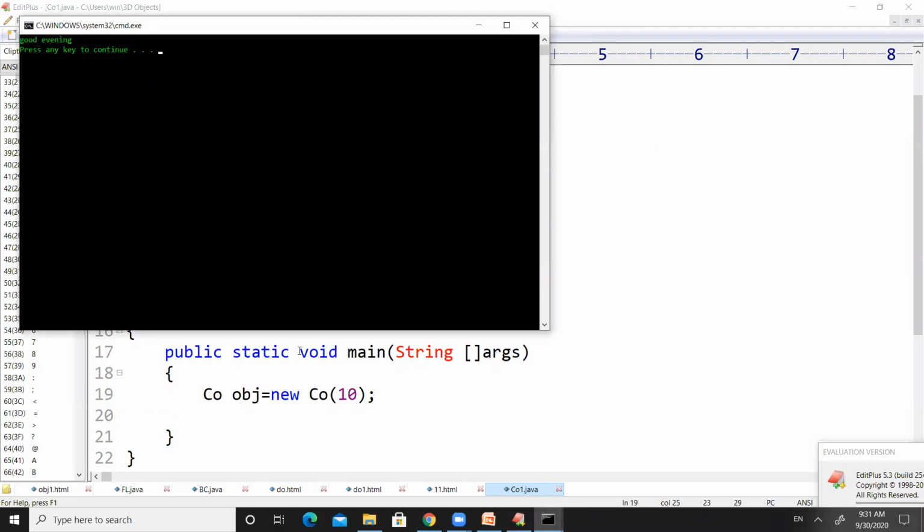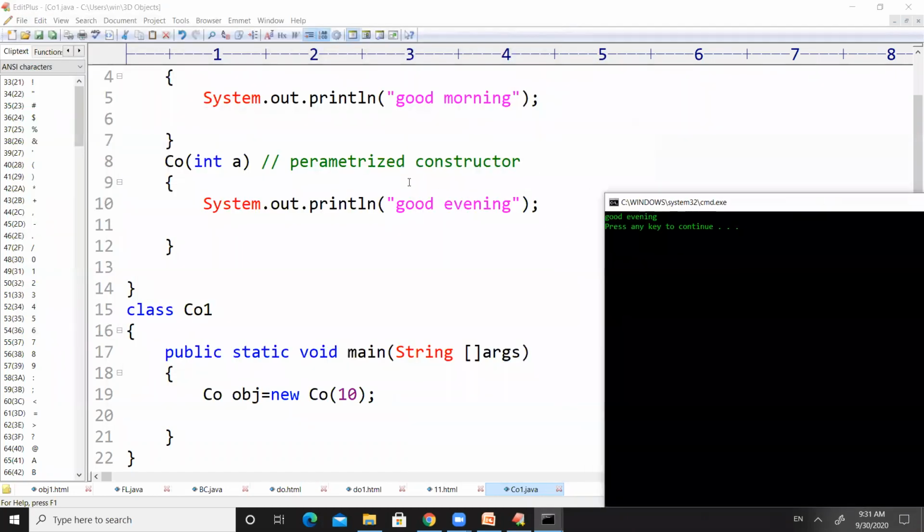You can observe it has printed good evening. Good evening will be printed whenever this constructor is called. Whenever CO of int a is called, it will print good evening. During object creation, when we pass an integer value, it will call CO of int a, right?